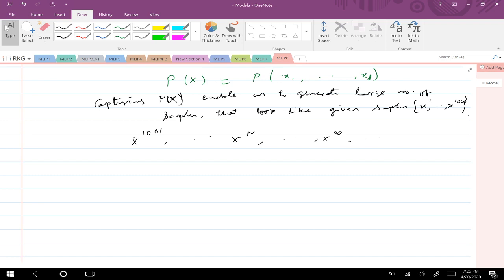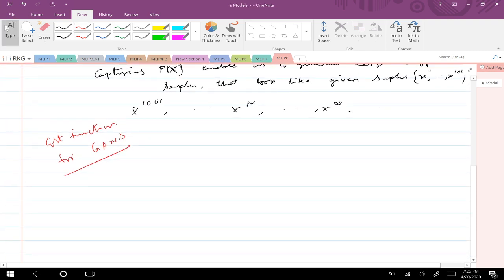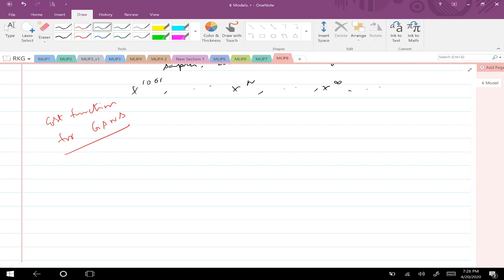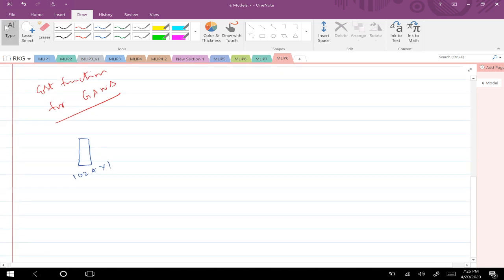So as we discussed before, let us assume that we have some input here. This input may even be some random distribution. In fact, GANs can generate from a uniform distribution to a Gaussian distribution, and even from uniform distribution samples. Say, for example, if I generate 1024 cross 1 samples, these are all say from N(0,1), for example. This can be given to a generator.